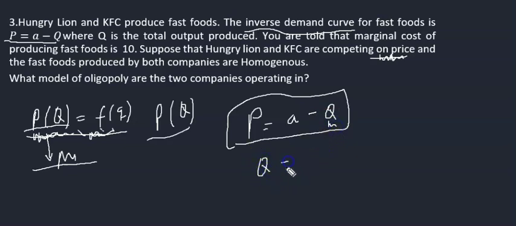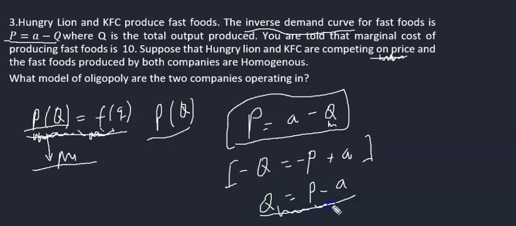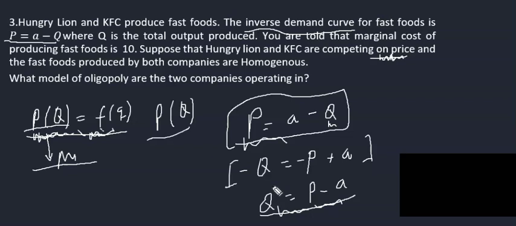We can just say Q is equal to, well, it will now be P. If we say minus and plus, this will have a negative, and if we multiply by a negative, we'll have Q is equal to P minus M. So the inverse function that we've been given can be changed. So we don't need to consider that if we've been told directly that these firms are competing on quantity, or rather on price in this case. So that's it for